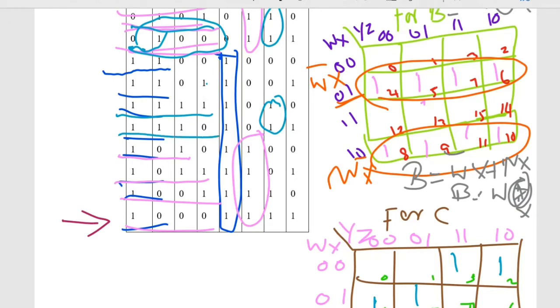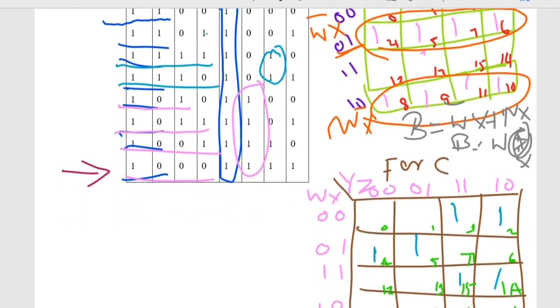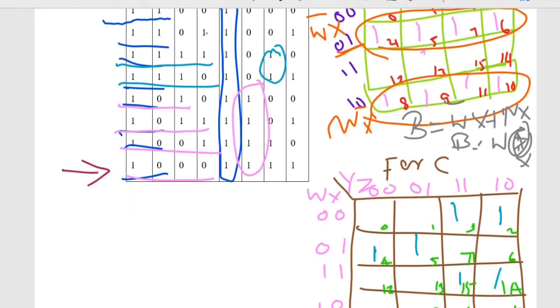Then the last terms are 1, 0, 0, 1, then 1, 0, 0, 0.